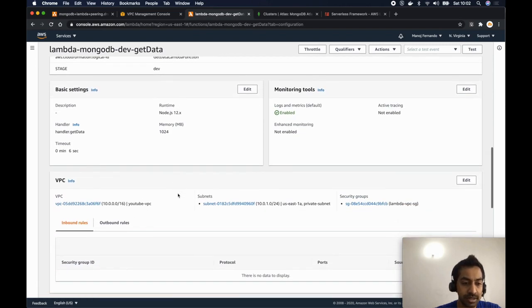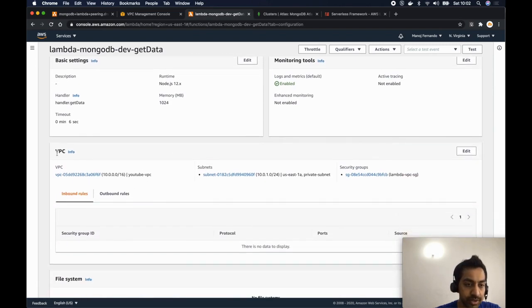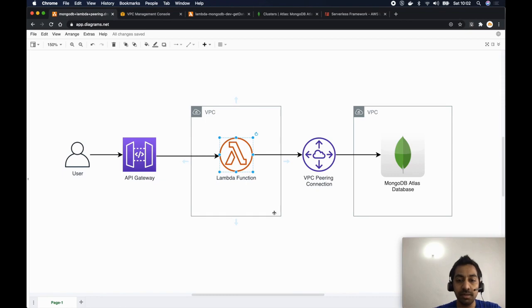But the important section I want you to focus on is the VPC section. So can you see now the Lambda is inside the VPC? Do you see this one? And also the security group that we have assigned from the serverless has been applied properly as well. So this is great. So now we have this setup completed.